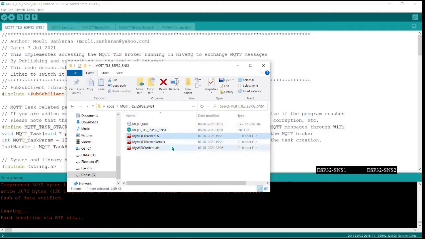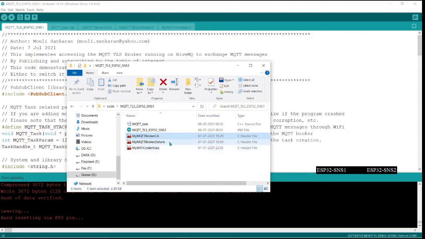And I made sure that we capture the different details in different header files. The broker CA file is to be given to the ESP32 because it is going to use that for encrypting the data going on the network. So it needs to have the CA certificate. I need to somehow feed the content of that certificate into the program.